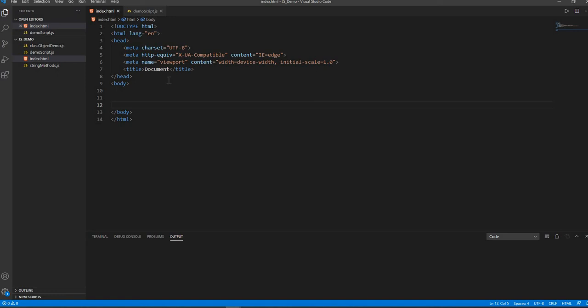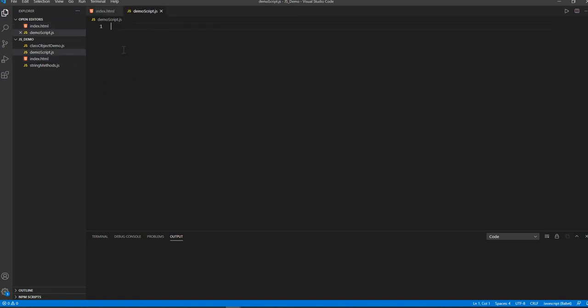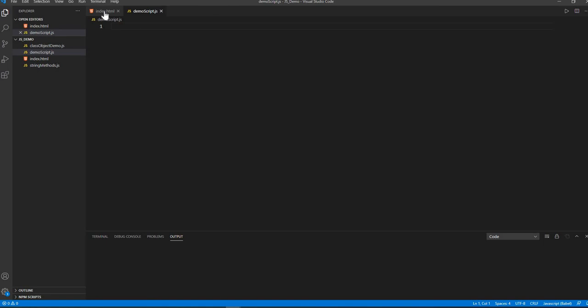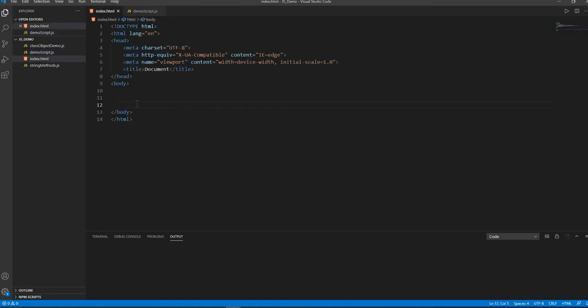Assume that this is your script file, and we'll put some script over here that will impact your HTML code. It will run through your HTML code, because we know it's JavaScript. It needs to run through your HTML code, whether you put the script code embedded over here, or you create a separate file and make a connection between the HTML and the script. So we're going to create it over here. So we're saying script